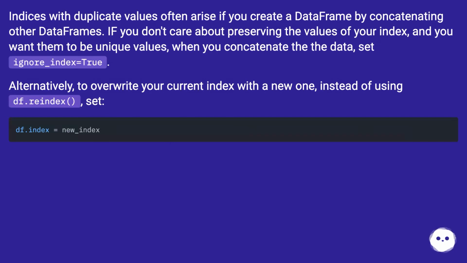If you don't care about preserving the values of your index, and you want them to be unique values, when you concatenate the data, set ignore_index equals True. Alternatively, to overwrite your current index with a new one, instead of using df.reindex, set